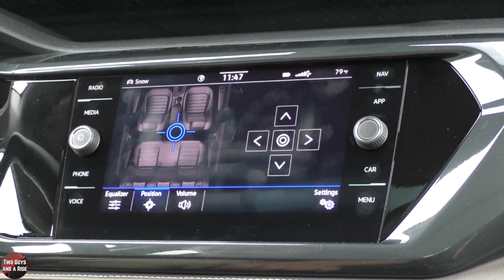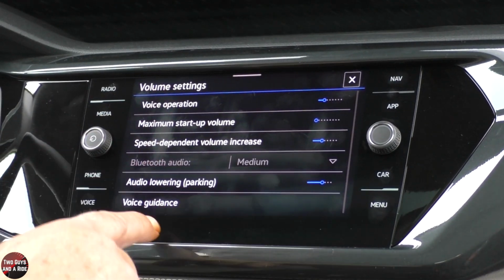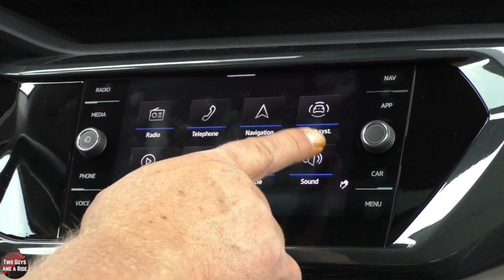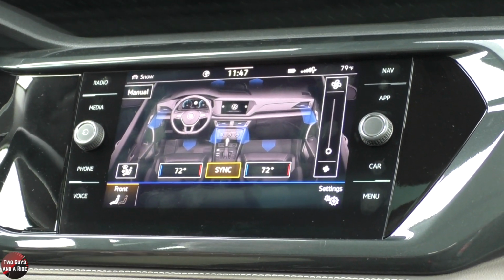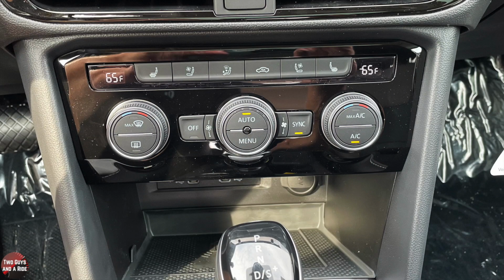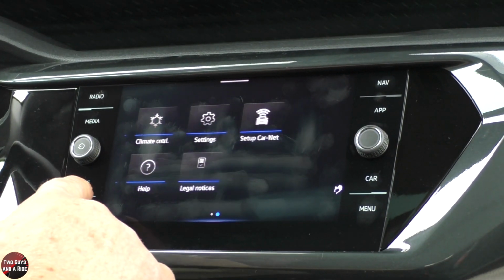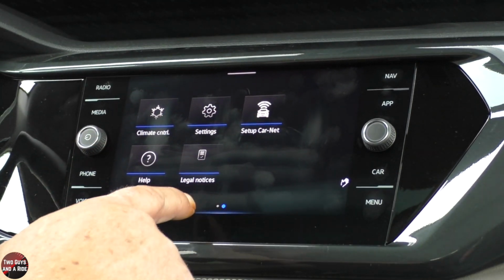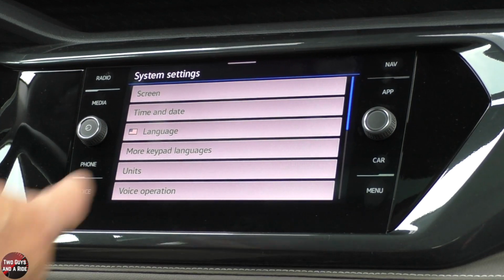Sound we've already seen. So here's equalizer, the position, and of course volume for different things. We saw that earlier, but that's just a button right next to it. If I swipe one to the left, I can do my climate control, but honestly, you have every button physical right in the center console. Okay, I'm going to hit this, swipe over again. Now, this is where you can set up CarNet, legal notices, help, but if I go to settings, all right,